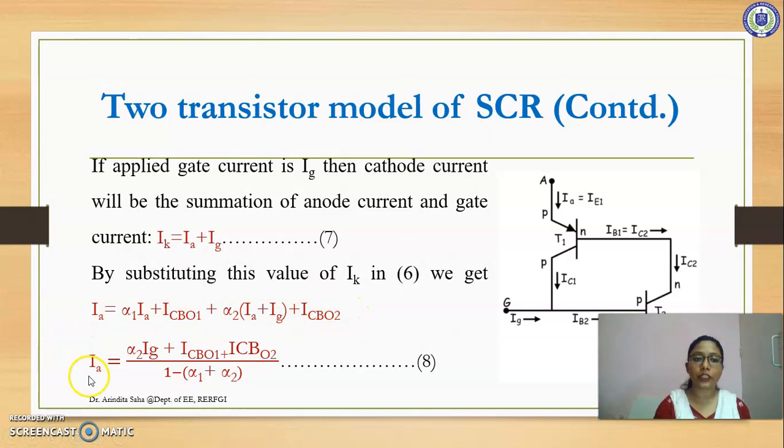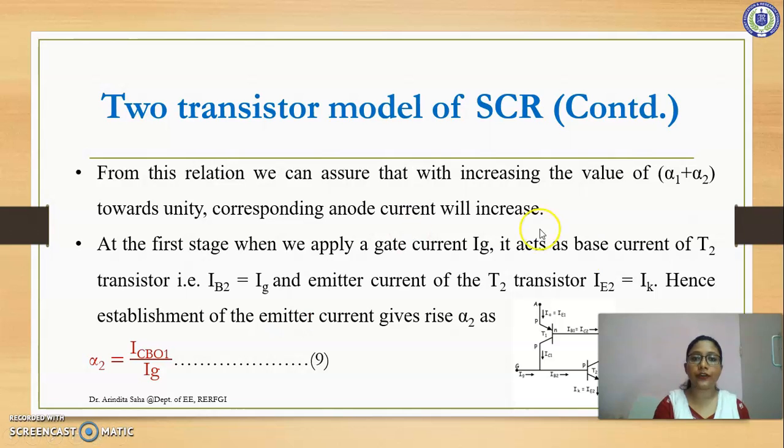So the ultimate equation for IA becomes (alpha 2 IG plus ICBO1 plus ICBO2) divided by (1 minus (alpha 1 plus alpha 2)). We can say from this equation that if we increase the value of alpha 1 plus alpha 2, then the anode current will also increase. But now the question arises, how will we increase the value of alpha 1 plus alpha 2? Consider that we are applying the gate current